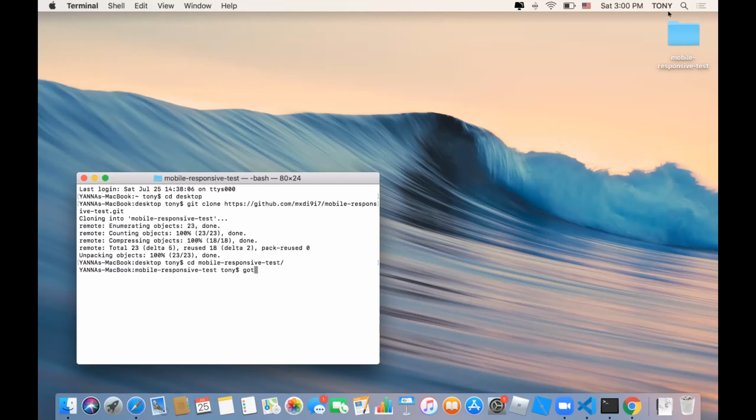Let me type it. Now you want to change something in your code, and then just commit it.